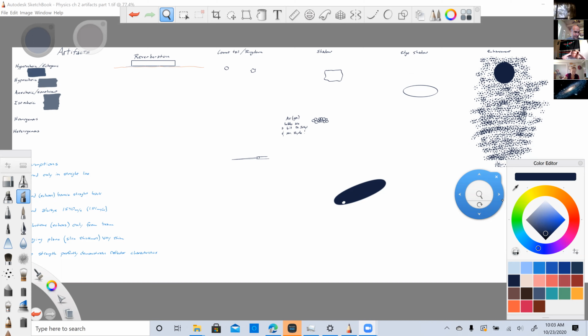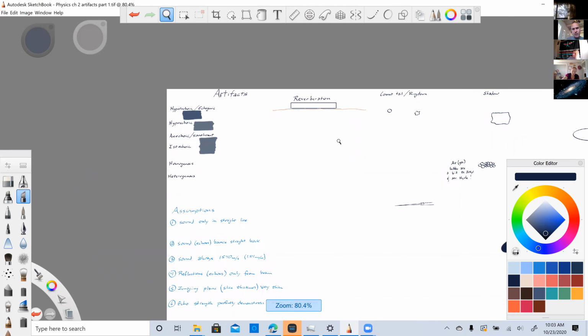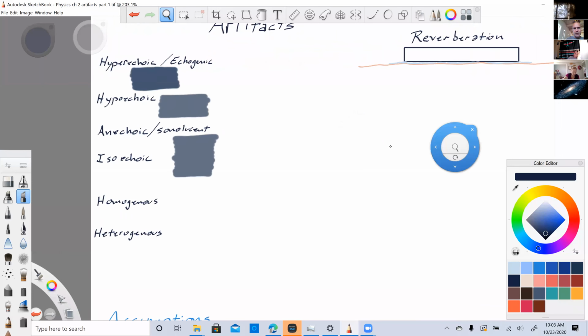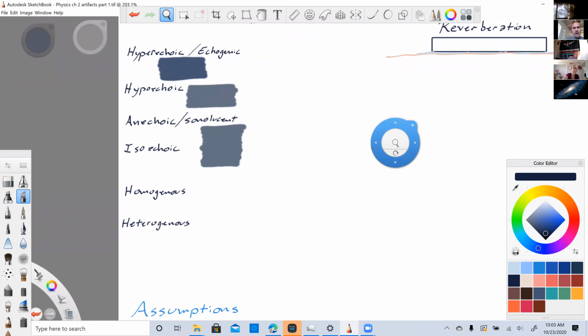anyhow, image characteristics: hyperechoic, hypoechoic, anechoic, isoechoic, homogeneous, heterogeneous. Let's go over those again. I know we've talked about these already, but we had to talk about these, otherwise we wouldn't be able to speak really about ultrasound or about the screen. Artifacts in general. Hyperechoic